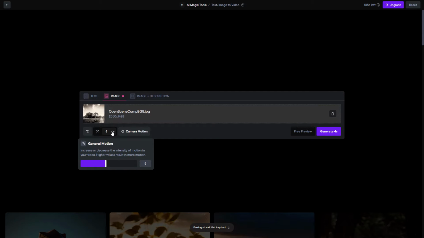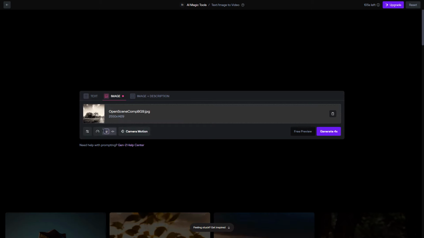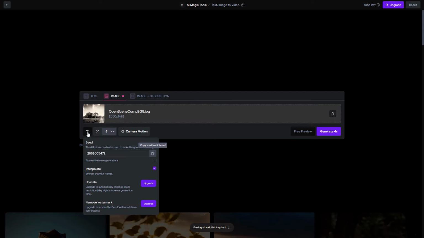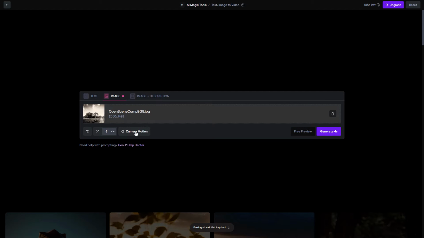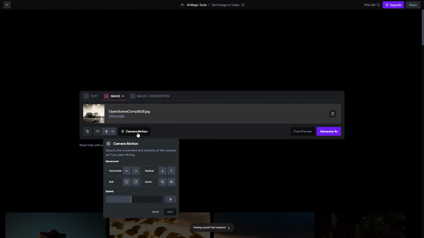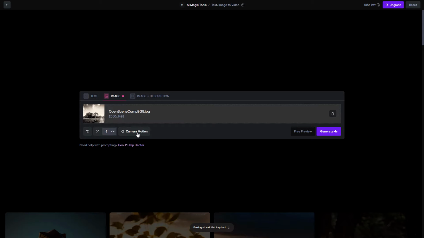There are then a number of settings which you can play with to dictate the type of result you might get for your final result, including intensity of motion, an interpolation switch, and settings for moving the camera within the scene. Runway seems to generate each video at a very impressive speed overall.